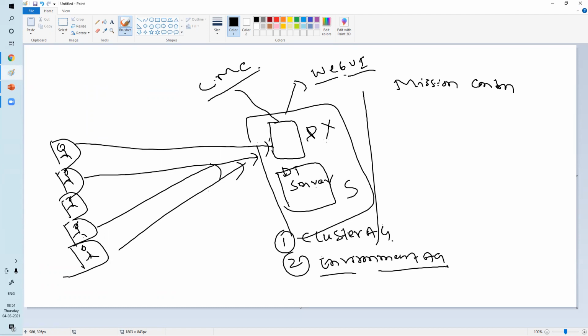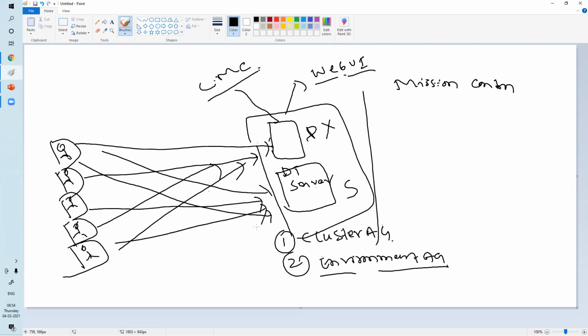Something went down with the server, some cloud-side issue, that region was down. So if this server is down, then we can configure it so all the data will move to this other server. That is for efficiency, and we call it HA, high availability.